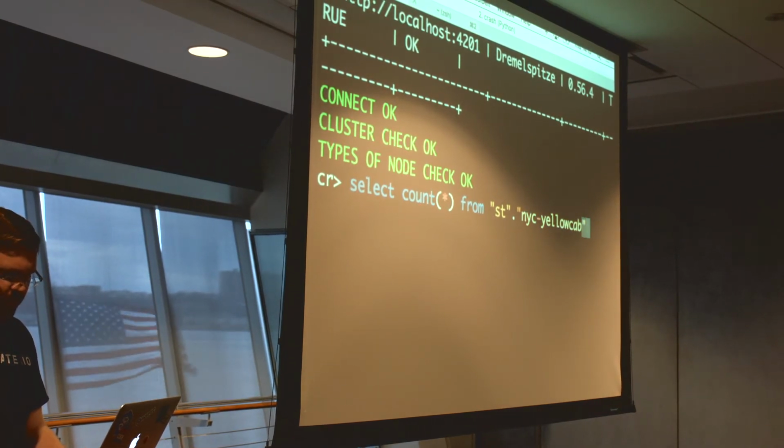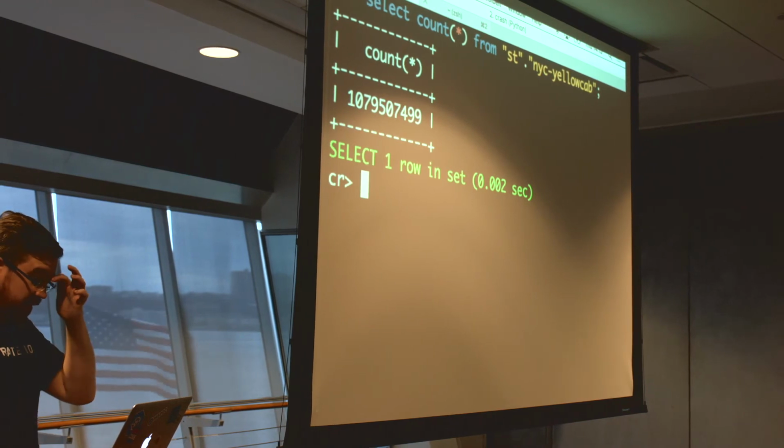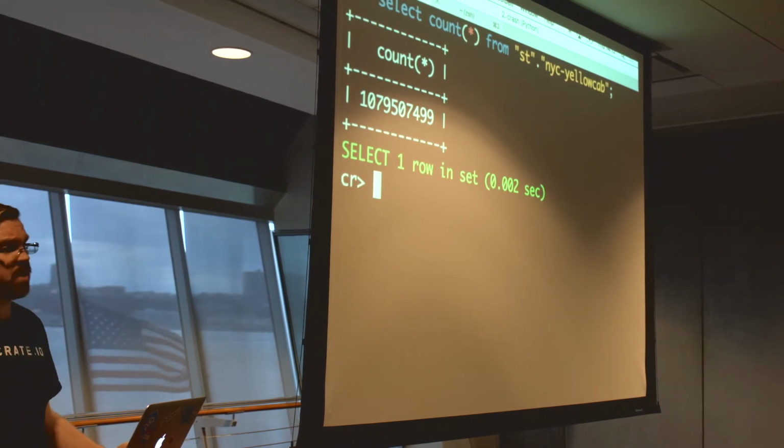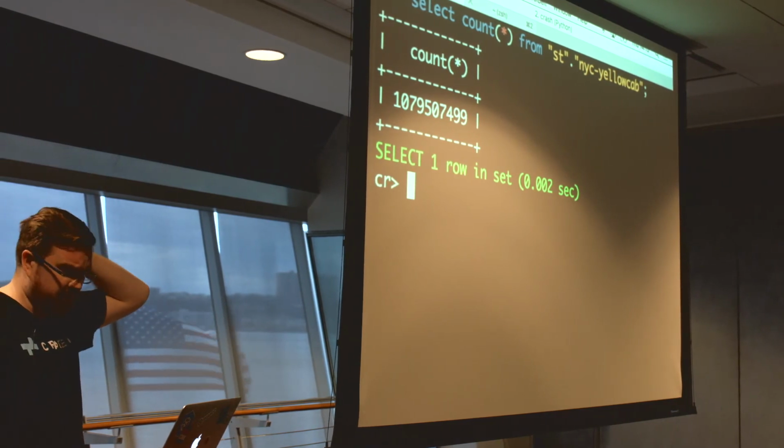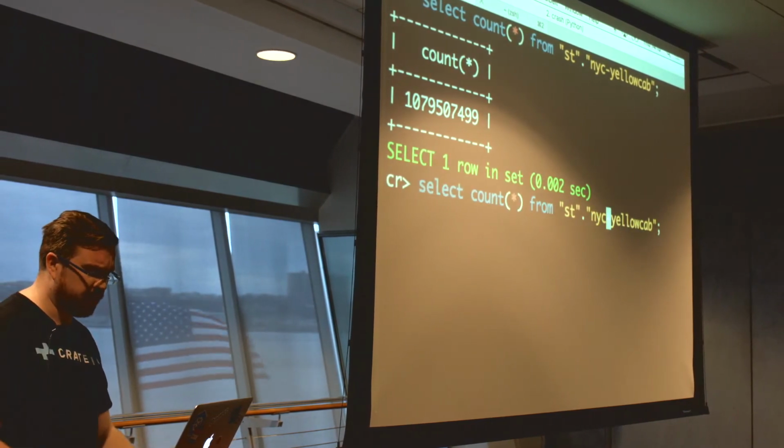I told you this was live, with typos everywhere. So let me mentally insert some commas for you there. This is the almost 1.1 billion taxi rides that we have the data on. If I do the same thing for